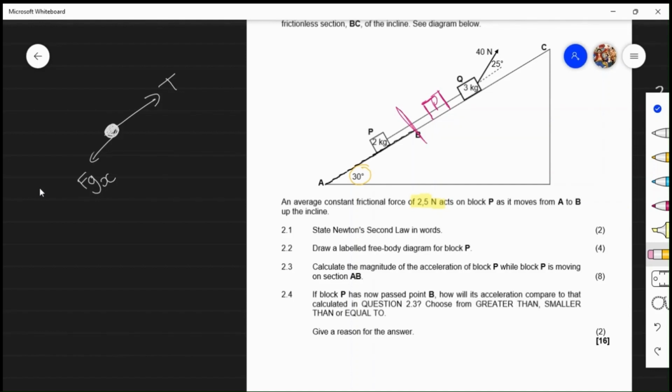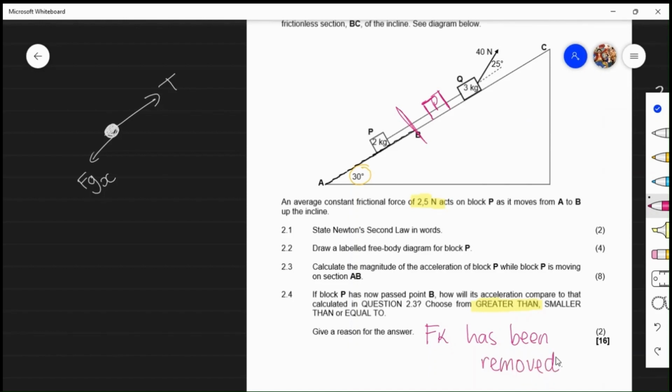the incline. Think about it as though if you have two friends pulling you backwards while you are trying to run forward, if one of the friends lets go, you'll be able to run forward at an easier pace, or you'll be able to run forward much faster as compared to when there were two friends pulling you back. So, because kinetic friction has been removed, our object is now able to accelerate at a greater pace or a greater rate. So, our answer to this particular question is going to be greater than, and our answer is because our kinetic friction has been